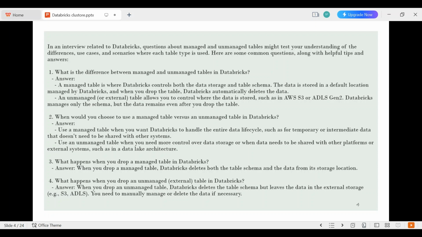The next question is: what happens when you drop a managed table in Databricks? As we know, when you drop a managed table in Databricks, the data in the schema will definitely get deleted. But what happens when you drop an external table in Databricks? When you drop an external table, Databricks deletes the table schema but leaves the data in external storage, because it does not have control of the data, just the schema or structure. If you want to do anything, we have to manually take action